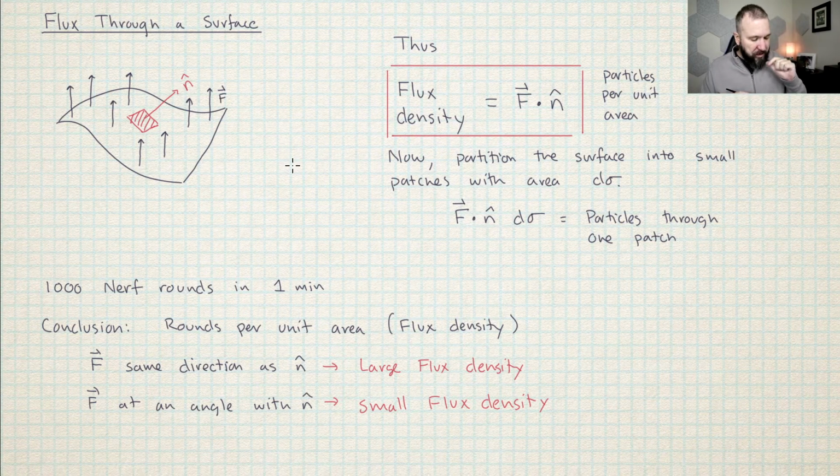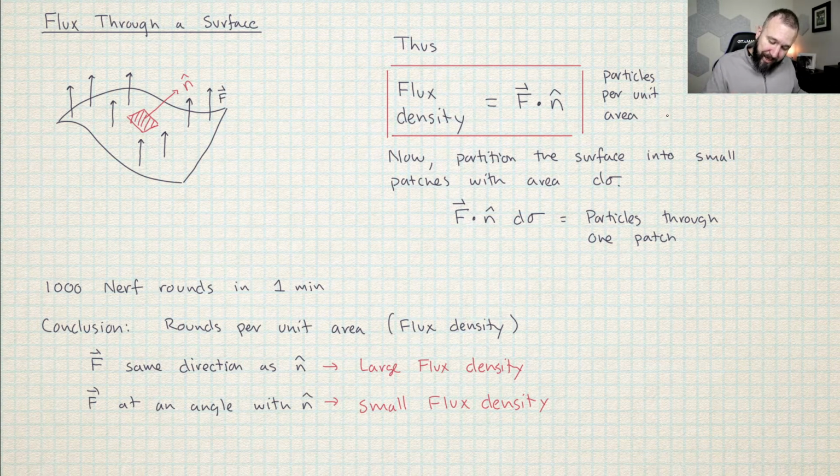Okay. Now, if you have a surface and it's kind of curvy and you have a bunch of particles that are passing through the surface, what you need to do is chop the surface up into a bunch of little pieces. Each of those little pieces we're going to call d sigma. Now, the particles per unit area, that's what we calculate when we calculate flux density. Those are the units of the flux density. So